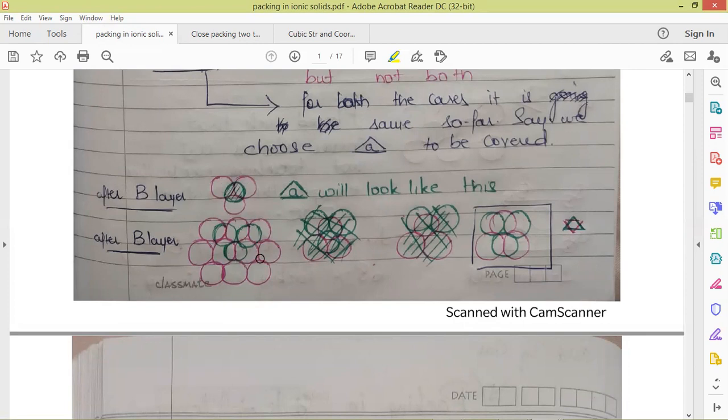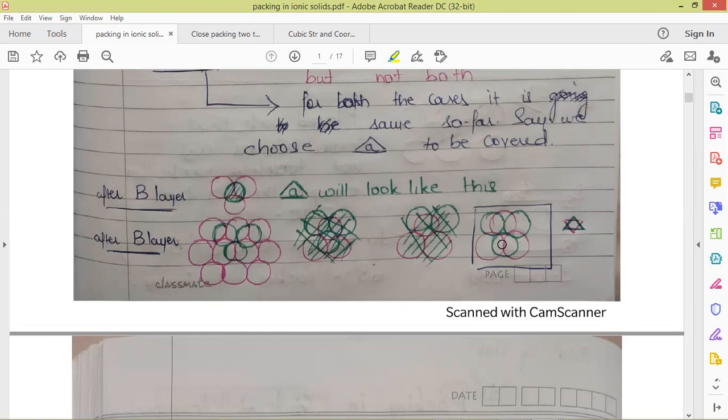Here, if we look closely, two types of voids are created. In one case, the green spheres are creating a void which has three spheres in the A layer and one sphere in the upper B layer.